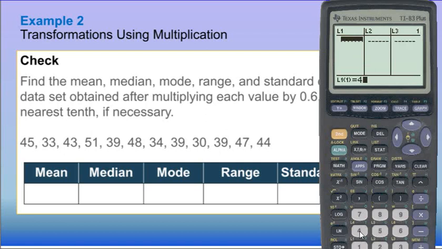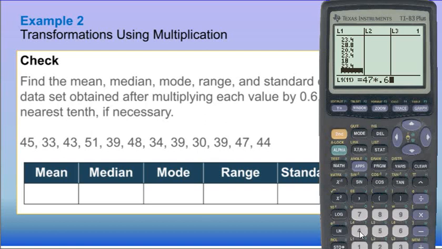Okay, so we have 45 times 0.6 and 33 times 0.6, 43 times 0.6, 51 times 0.6, 39 times 0.6, 48 times 0.6, 34 times 0.6, 39 times 0.6, 30 times 0.6, 39 times 0.6,